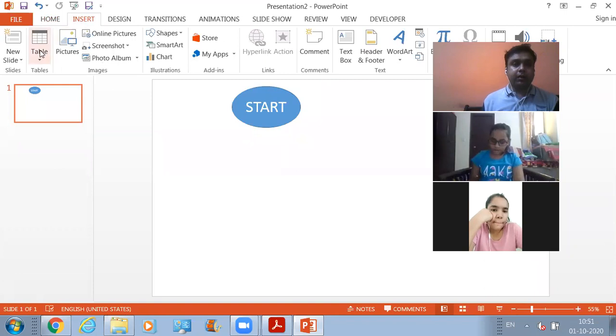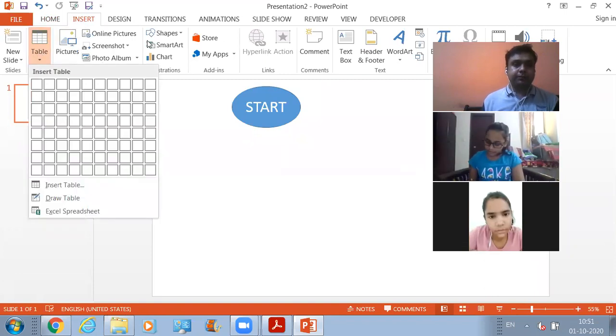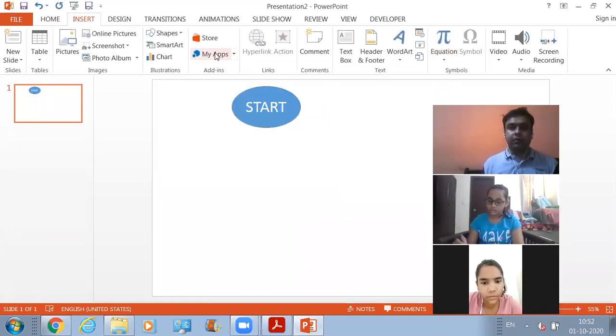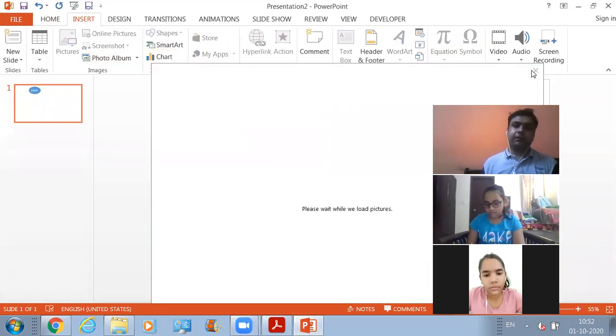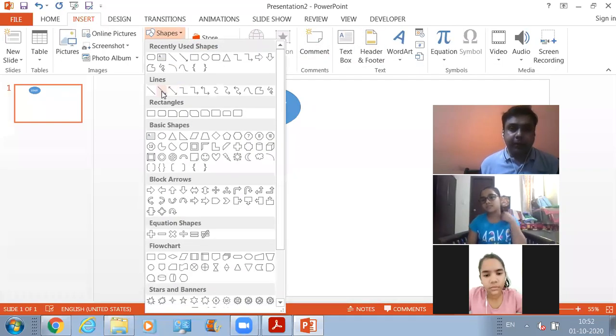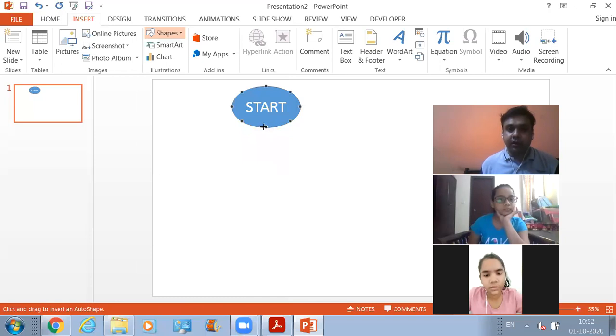Okay. Now, in order to represent the flow of control, we need to make use of these arrows. Okay, so we will be putting an arrow like this.